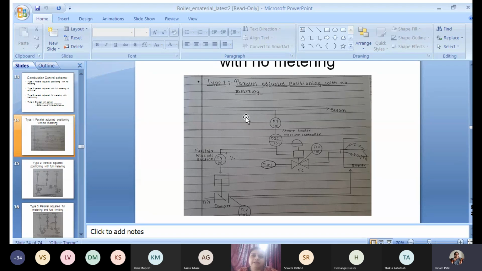So let us take the example of more demand. If the demand is more, it means steam line pressure is less. That signal is given to PIC. PIC को कुछ set point दिया है. It will compare and give the output signal. If the demand is more, but PT का signal is less, right? So